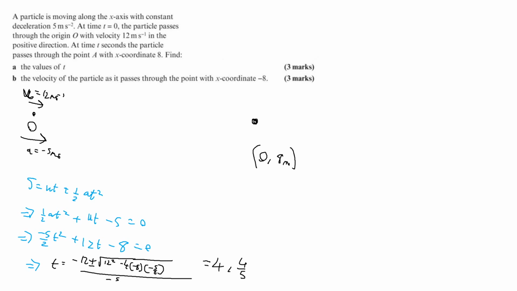Now, what is the velocity of the particle as it passes through x with coordinate minus 8? So, the first thing we need to know is what is the distance at which it changes direction? Exactly. It's the point at which v is equal to 0. Because we're trying to work out the distance between here and the point at which it changes direction, v squared is equal to u squared plus 2as, right? We know that v squared is equal to 0, so s is going to be